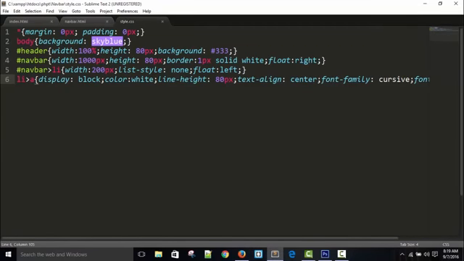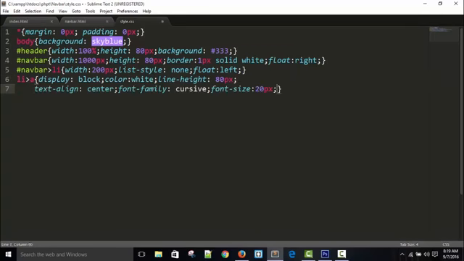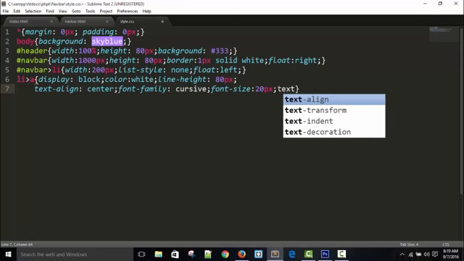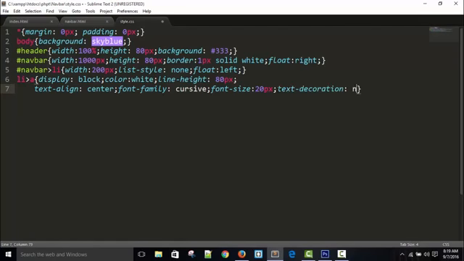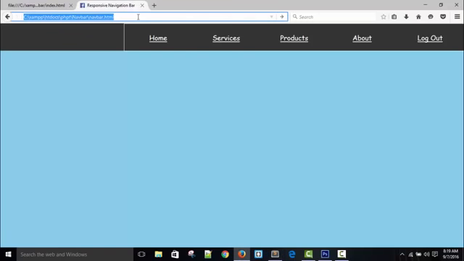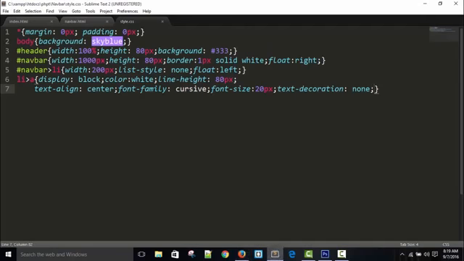Text decoration none, save, refresh. Okay, so cool. Remove the border 1 pixel white,